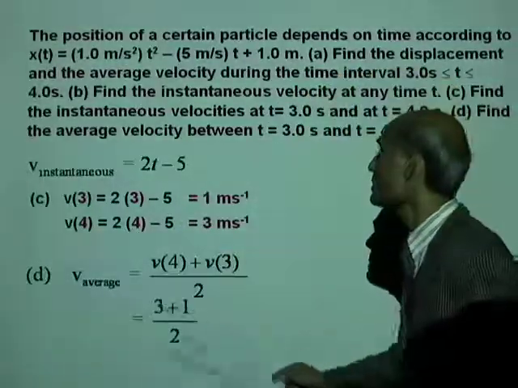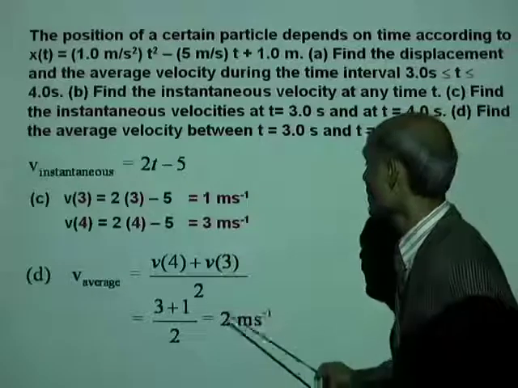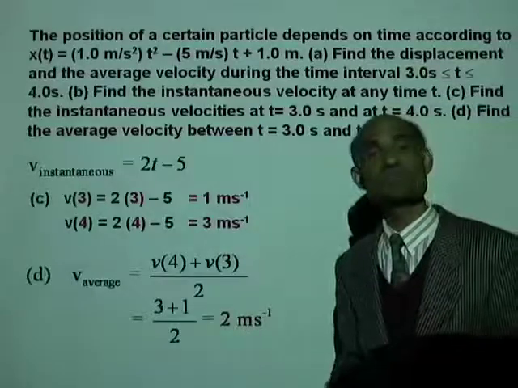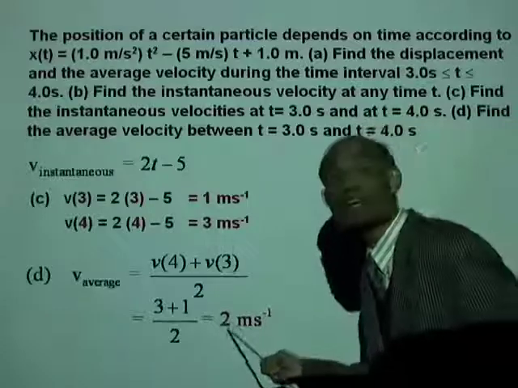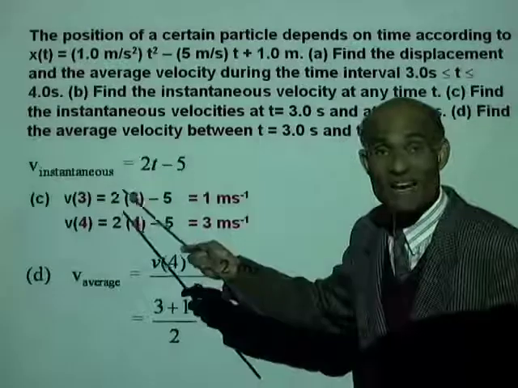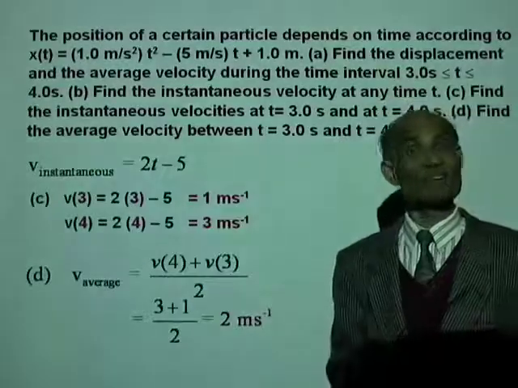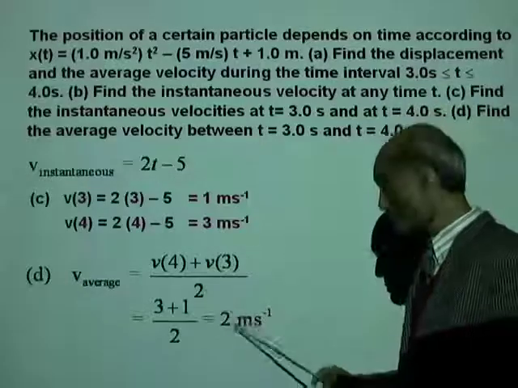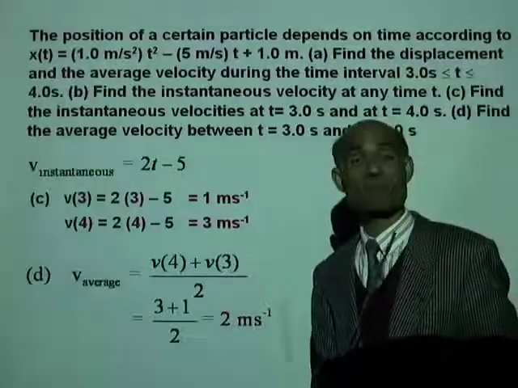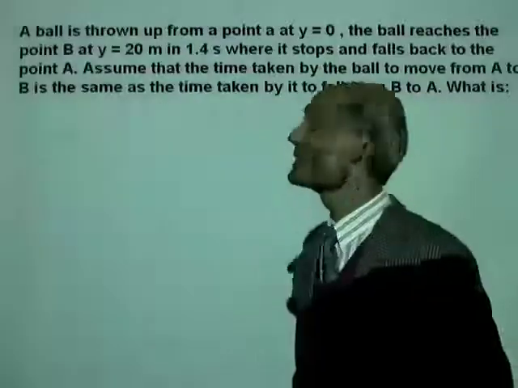And that will be 3 plus 1 over 2. That will be 2 meter per second. Now, does this agree with the average velocity we calculated in the last slide? Yes, we also got 2 meter per second there. Okay, let's... A ball